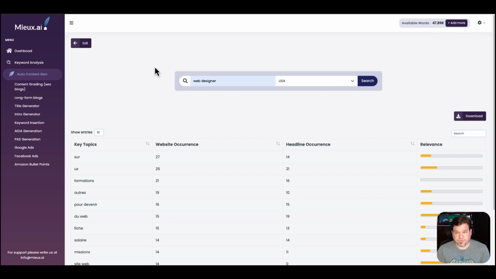It's all pretty interesting. Surfer, Neuron Writer, and Robinize work. If you follow the data that the three tools return, it will help you optimize your article, get on page 1, page 2, or create a new article and get on page 1, page 2. I know everyone wants to be on page 1. Page 2 is the end of the world; you don't want to be there. And page 3, forget about it. But Mieux, I haven't even gotten past a lot of the stuff, so we'll see.